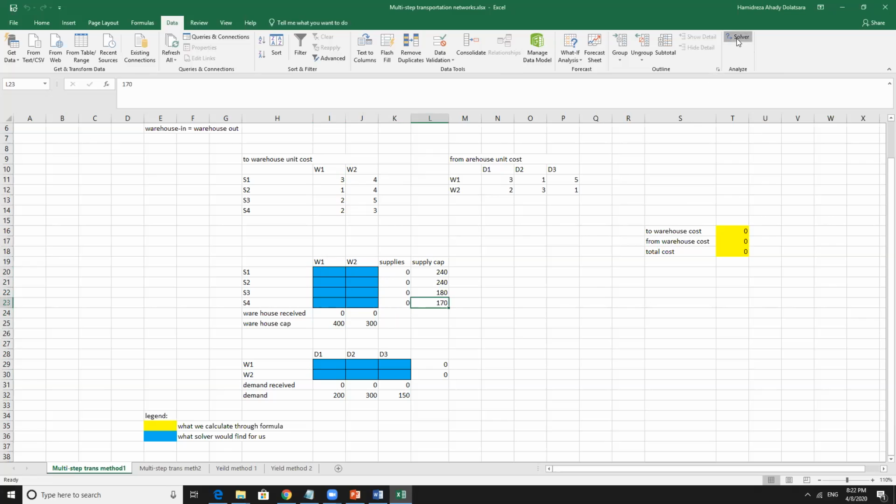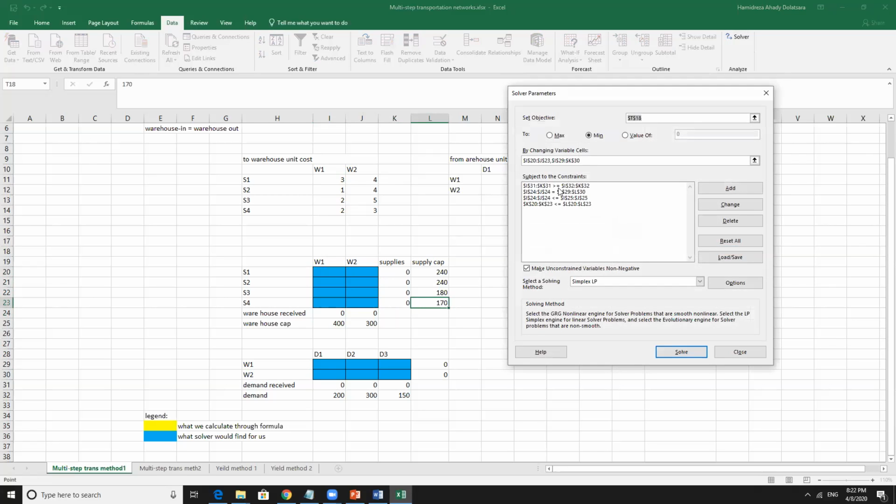Anyway, again, let me go to Solver. The first one means your delivery should be more than your demand, so you should satisfy your demand. The second one, I24 to J24, these are the inflow of the warehouses. We're just saying how many goods are delivered from suppliers to the warehouses